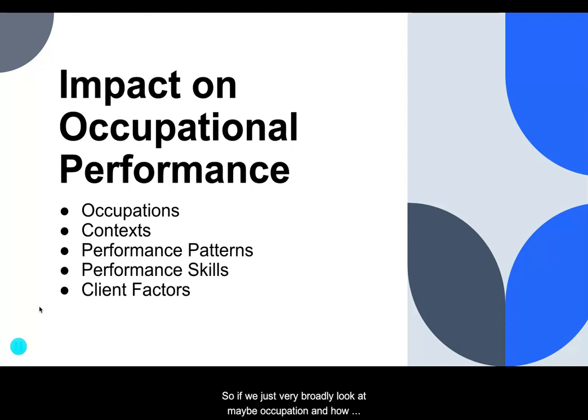So if we just very broadly look at how occupation is impacted, if the pain is more physically limiting, then we can see where all areas of occupation and occupational performance are impacted. Because the perception of pain, the subjective and objective reports of pain, can be so great and not well controlled that it can impact all areas of occupation. Now on the other side of that, the malingering part of it, again, we need to understand that this is for some sort of ulterior gain, and we need to understand what that gain is to then effectively treat and manage the person with that